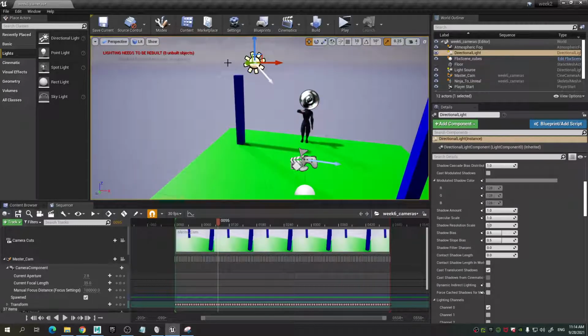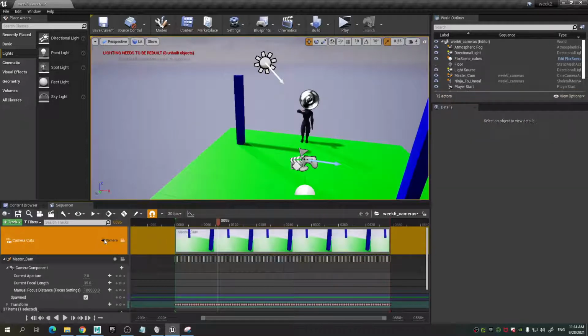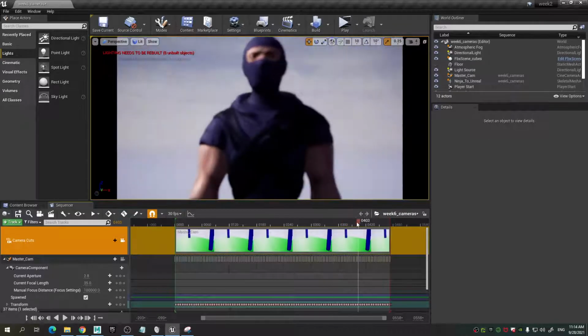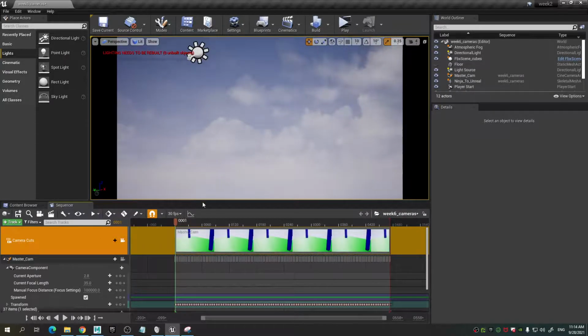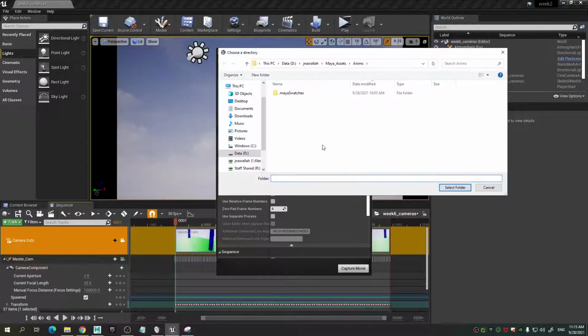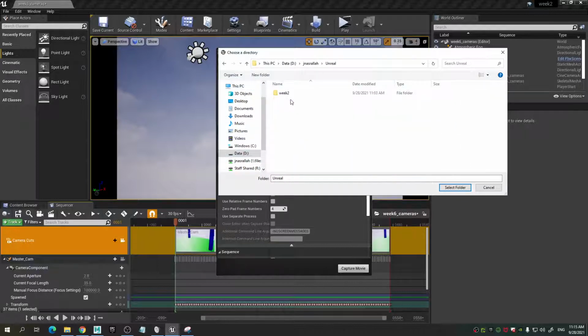So it's a little bit lighter. Okay, so let's render this out as is. I'll keep it at 30 to show you the difference, and we'll just change the path to Unreal. Let's call this folder renders so we can easily find them. All right, select,